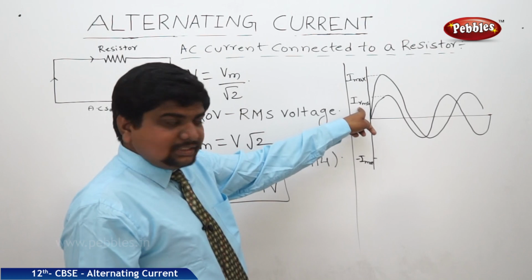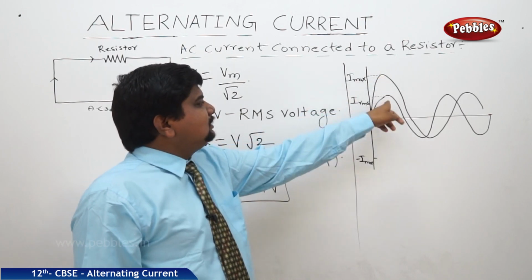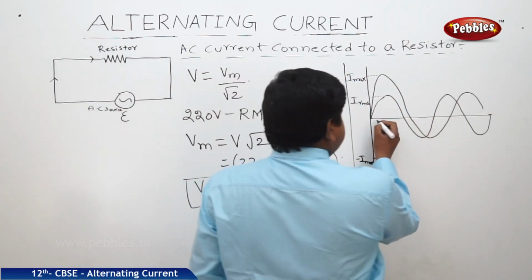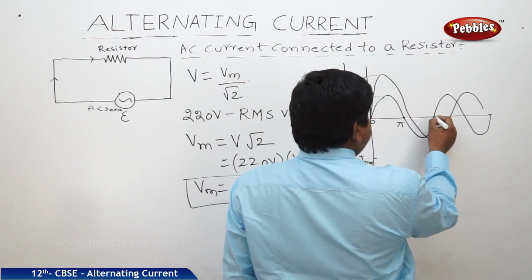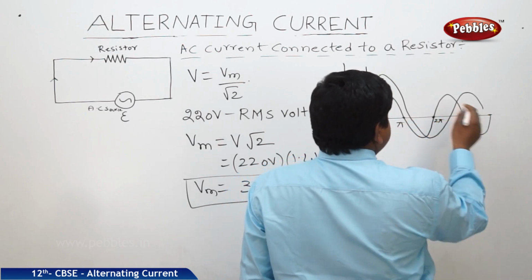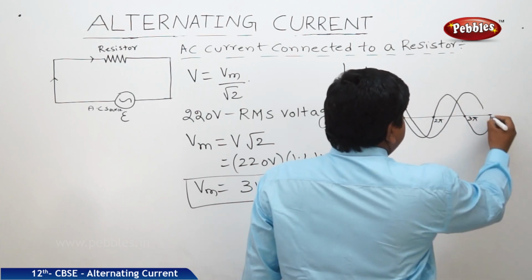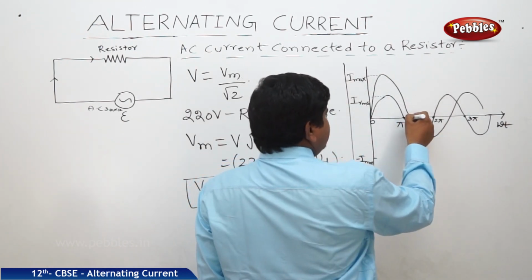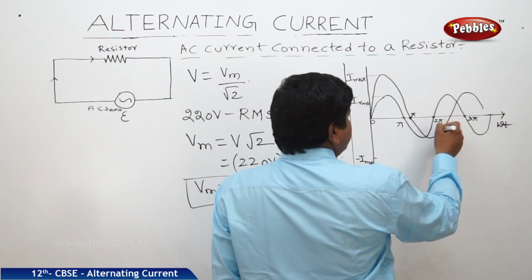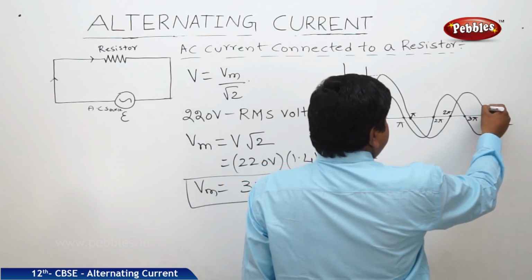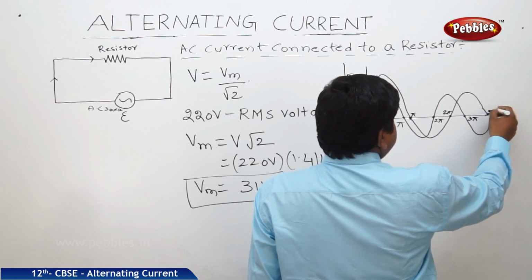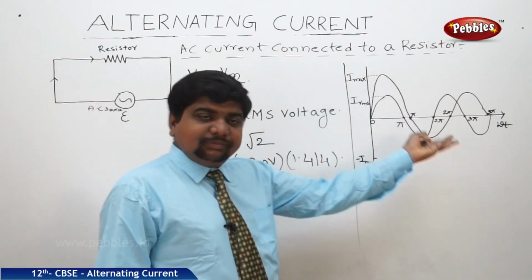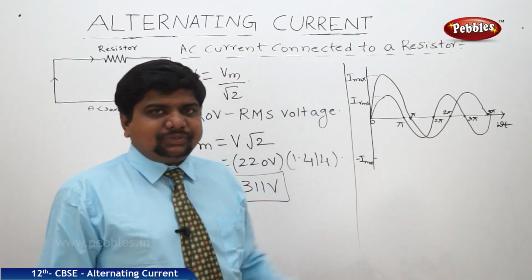So this is the IRMS current, this is the I maximum current, and this is the peak variation, nothing but the variation in the amplitude. Now we will see the phase. This is 0, this is pi, this is 2 pi, this is 3 pi, along the axis omega t. Here also this is 0, pi, 2 pi, and 3 pi. Like that, you can find out the variation in the phase diagrams. So both will be in the same phase, with only a change in amplitude.